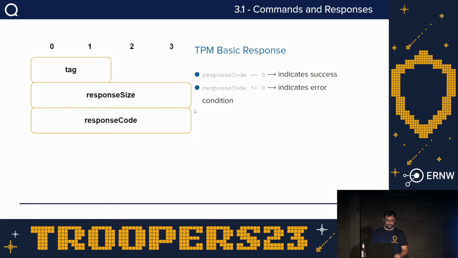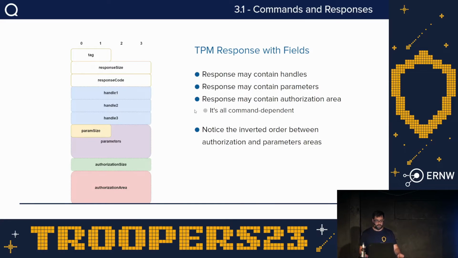So that was about the commands that you send to a TPM. So let's see what's about the responses that we get from a TPM. The basic header is quite similar. We have a tag, which is 2 bytes, the size, the total size of the response, and a response code. It is 0 if the request was successful, or non-0 if there was some kind of error. So same as we could have some variable fields, such as a handle area, parameters area, and authorization area in a request, a response can also have these